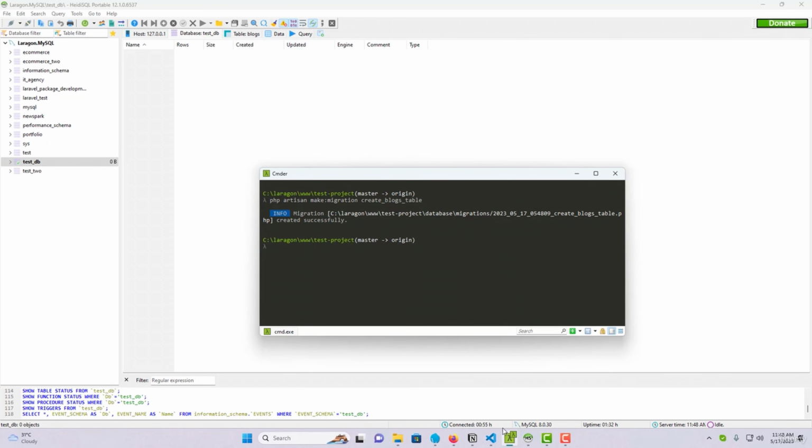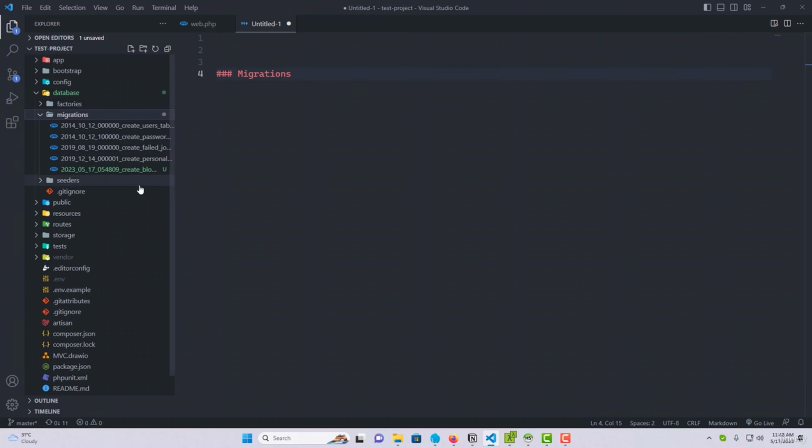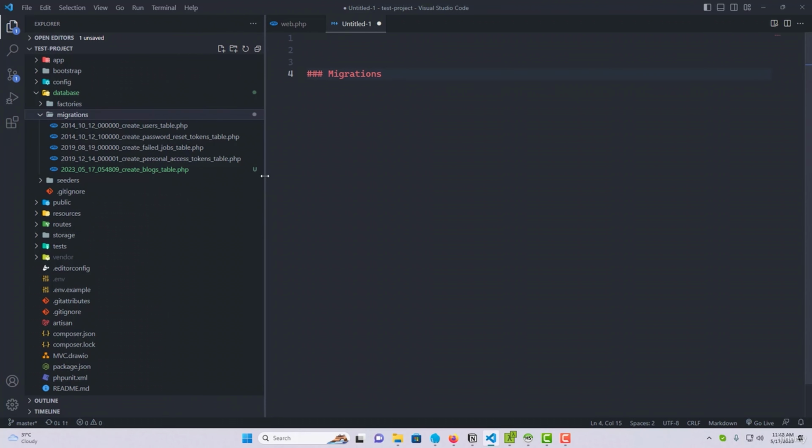Okay, let me show you. If I go to the code editor, here we have this database folder. As you can see in our folder structure, open the database and you'll find this migration, and here is our newly created migration. If I just make it a little bigger, look at the name of our file. At first it provides the date, then the time. After that we have the name of our migration that we added in the terminal, which is create block table,